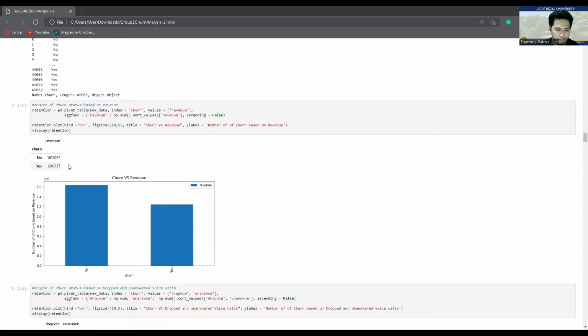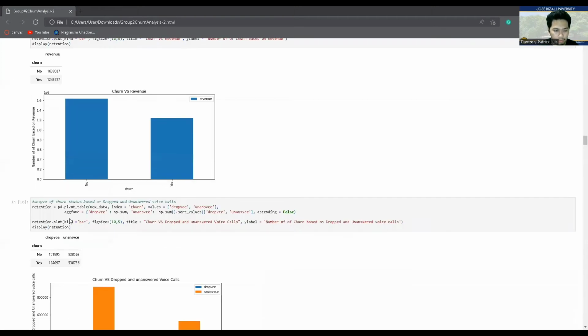So the number of answers of no and yes, based on the revenue, if there is a chance of churn. Most of the people said no, and some of them said yes. So answered no reached 1.6, while yes is reaching 1.2.